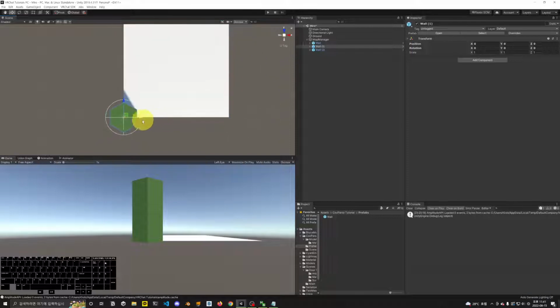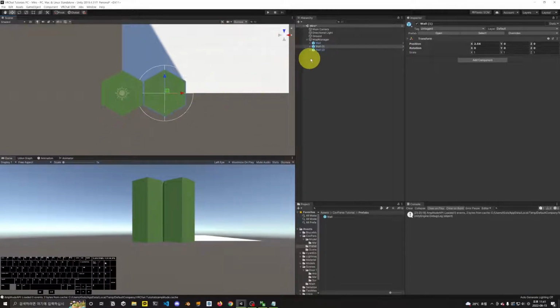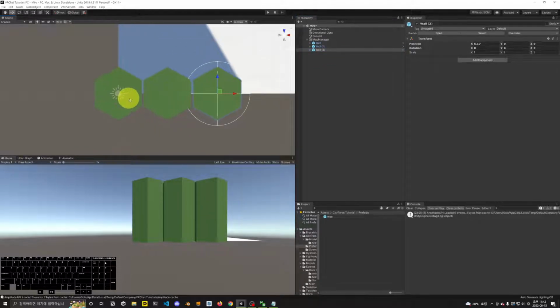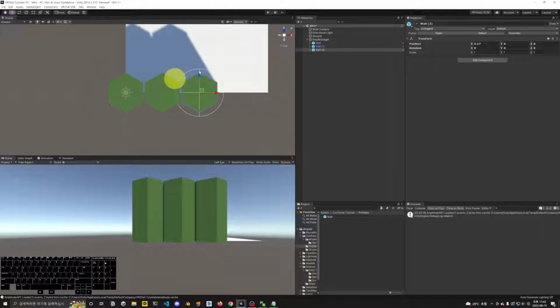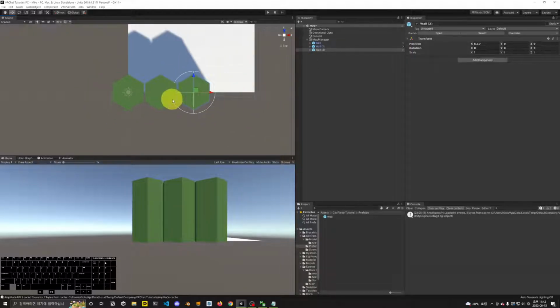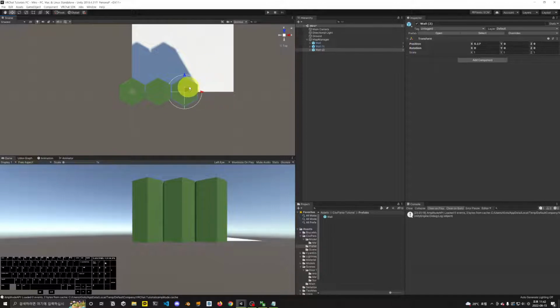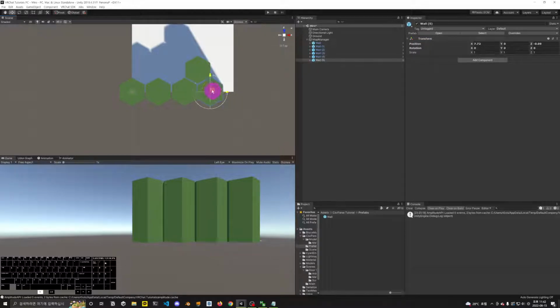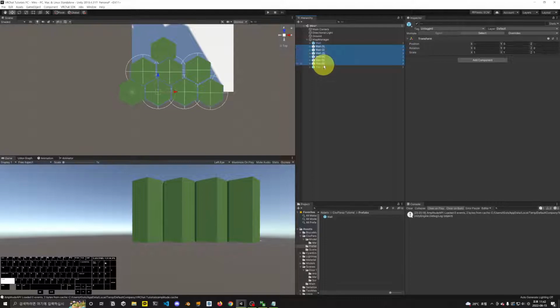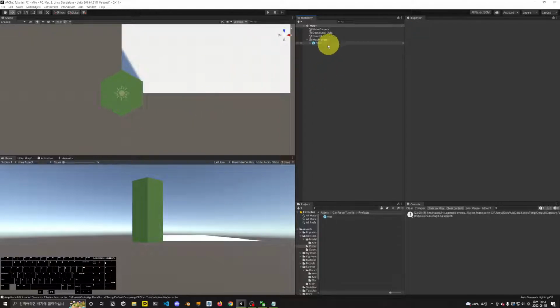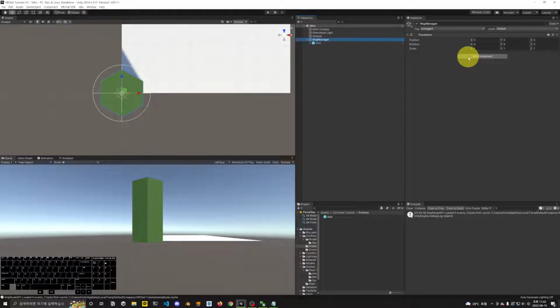And now I have to move them to the right position. But it is really hard, and if I have 100 walls, it's so much work. Copy and paste, copy and paste. Not doing it like this,